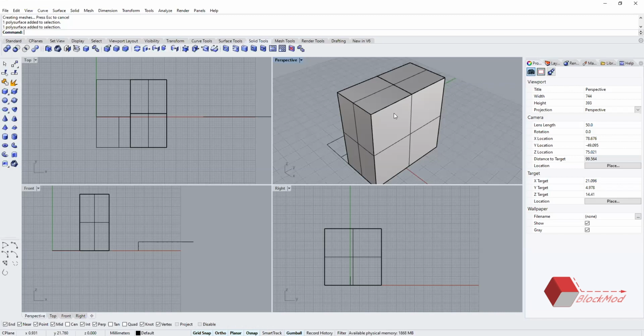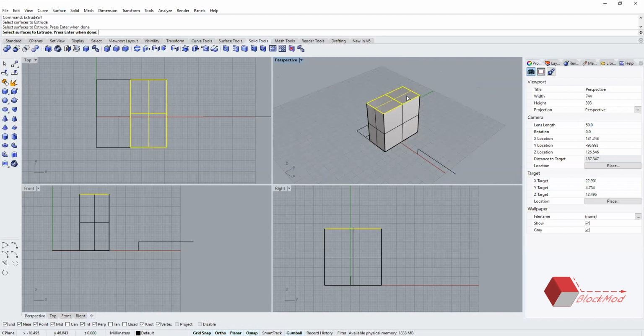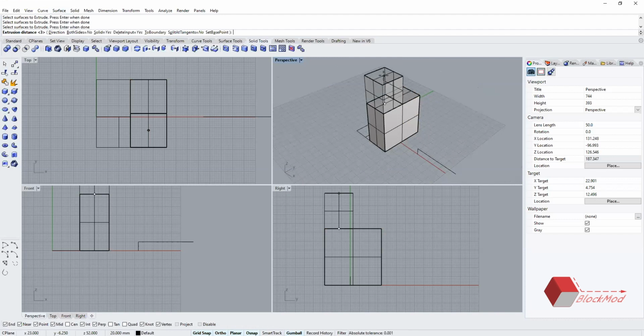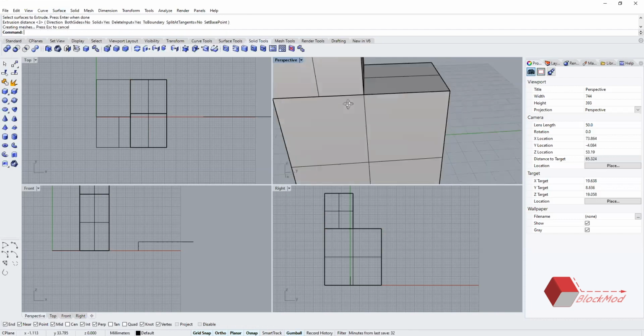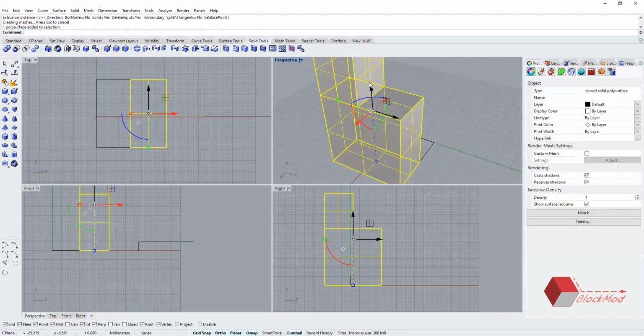Now if we try the extrusion again, this time not the curve, because these two are different surfaces. So this time we say it's a surface. You can see there is one here, there is another here. Okay, I'll just unselect this. Yeah, and I can extrude that particular surface separately, and the entire mass still remains the same.